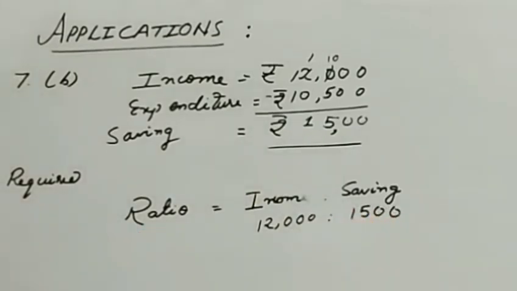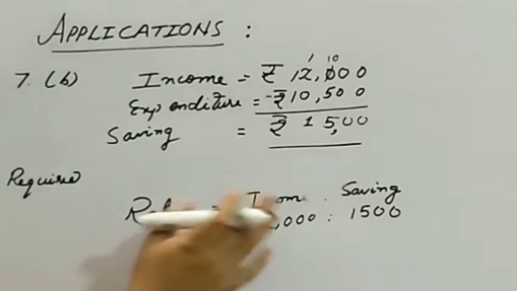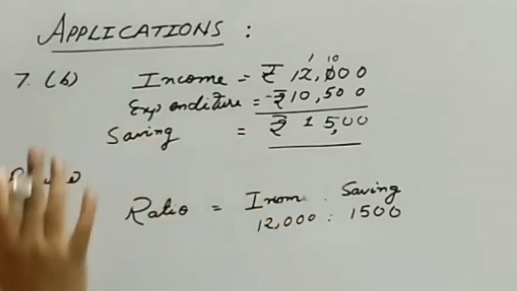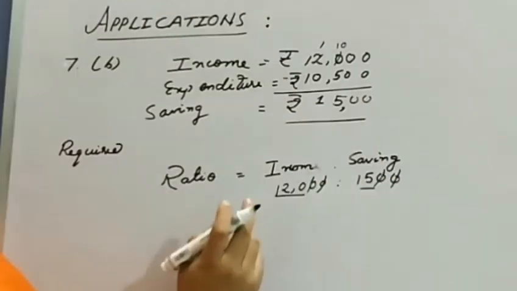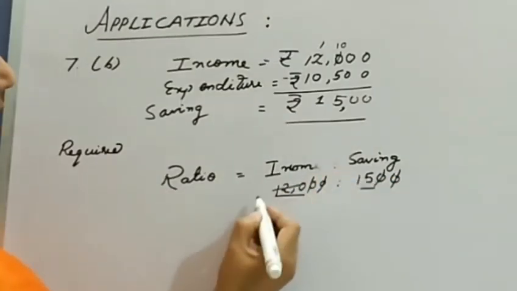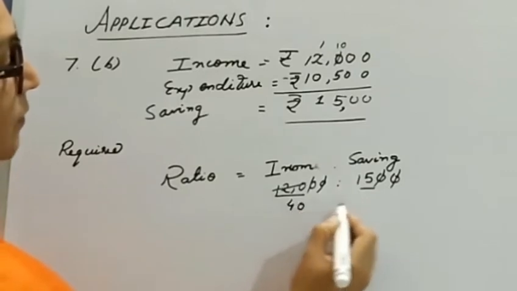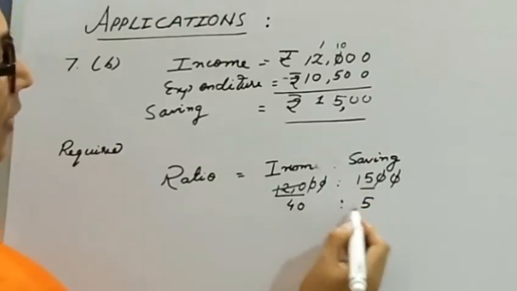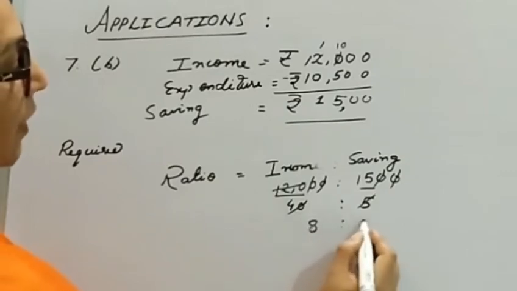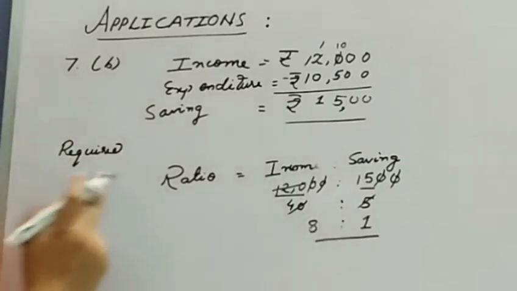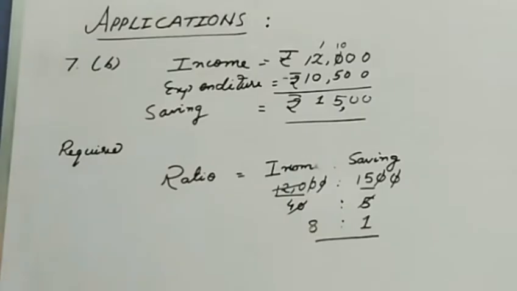Now as I told you, a ratio has no units, so when you write it as a ratio, no need to carry the units. So simplify them, 0 and 0, 0 and 0 cancel. Cancel these two by 3, 4 times and 5 times. Again cancel them with 5. 5 will go 8 times and 1 time. Hence the required ratio is 8 is to 1.